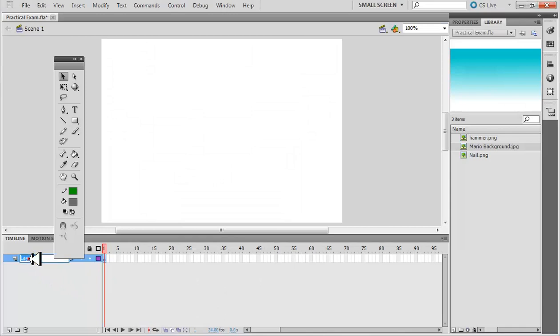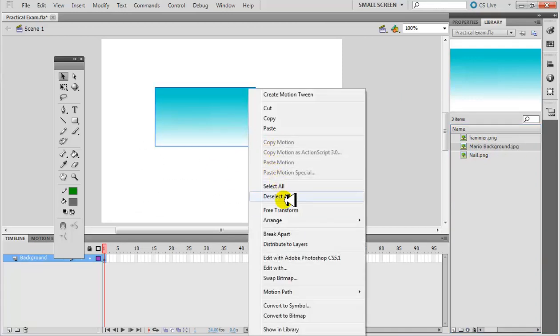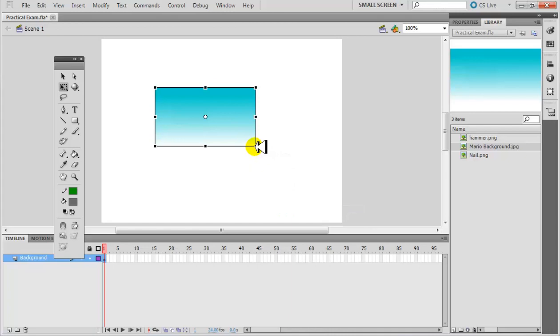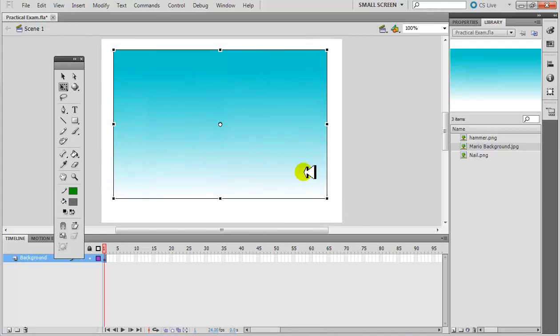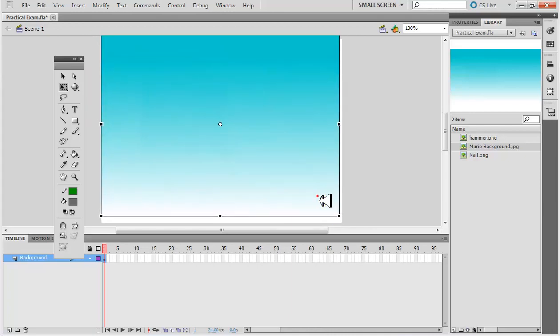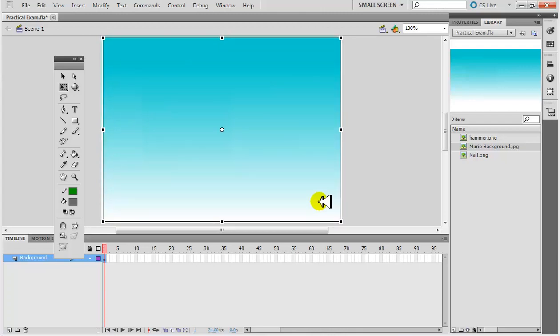So I'll create a layer background, place it over there. It's a little smaller, just resize it by right clicking, free transform, increase its size so that the stage is hidden. Okay, once the stage gets hidden, let's move to the next step,